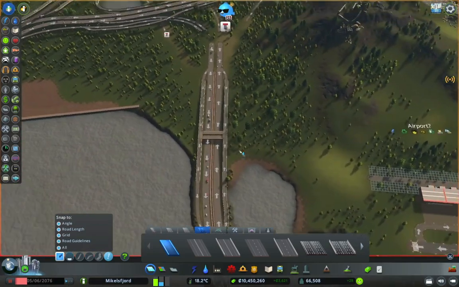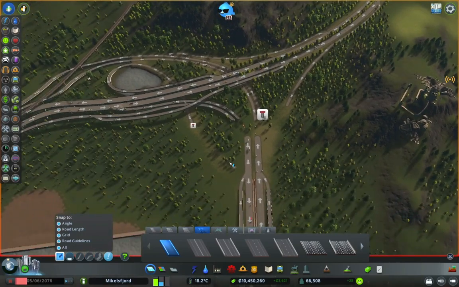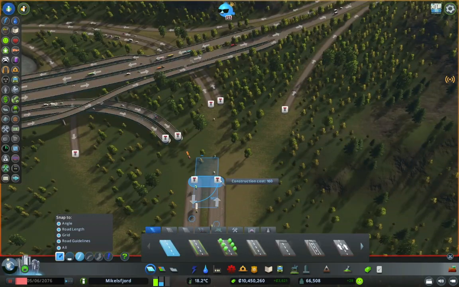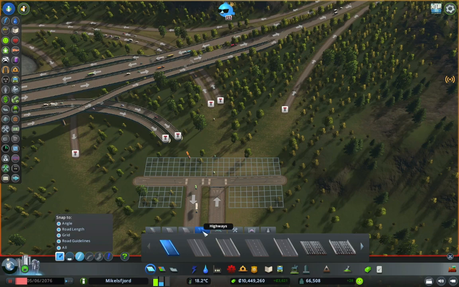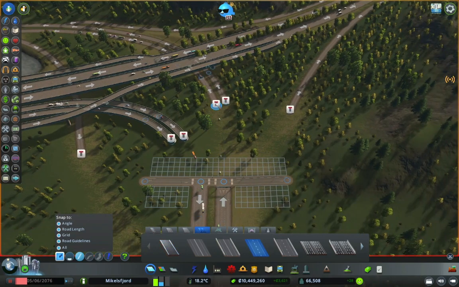Okay, we have the makings of an interchange. We have to fix this back up. Let's try to wrap our heads around this one because it is not a simple interchange. What I'm going to do here is just use the regular roads to connect these two and bring it out a bit. It's just so that I get the grid lines, and that way I can use some of these two-lane highways. I'm going to put a single lane coming up this and probably I think a double, or